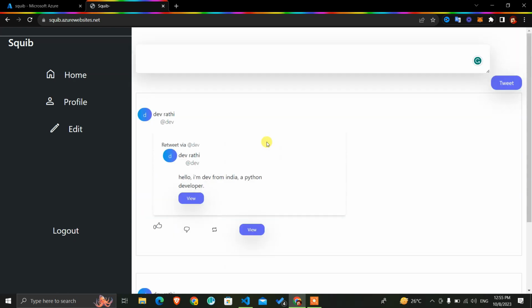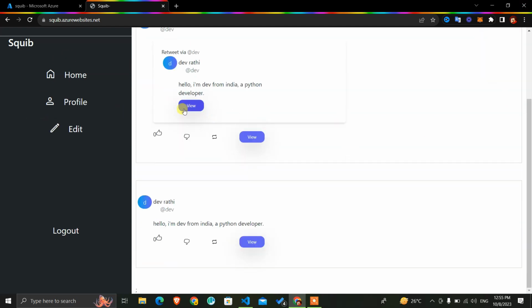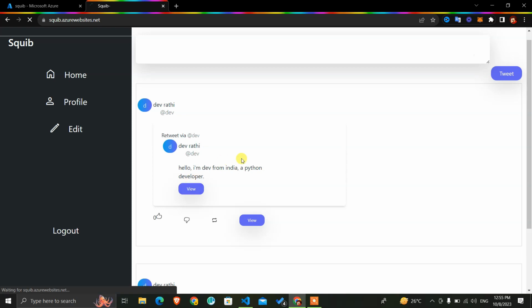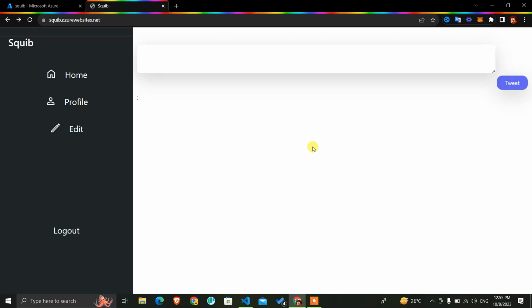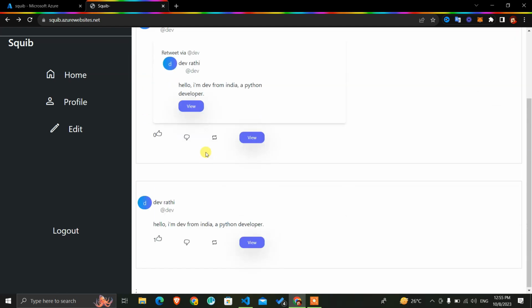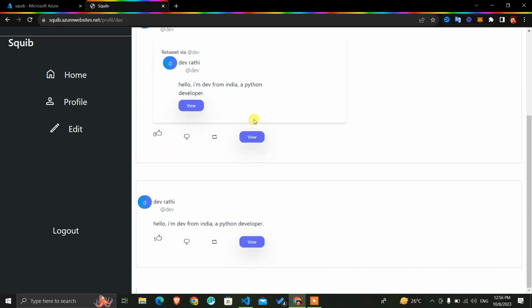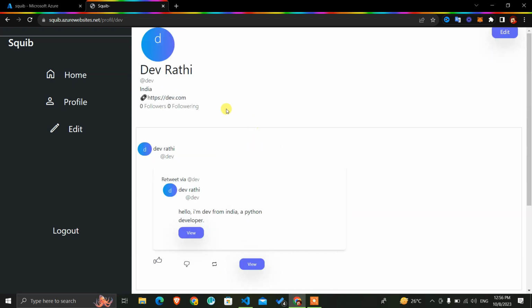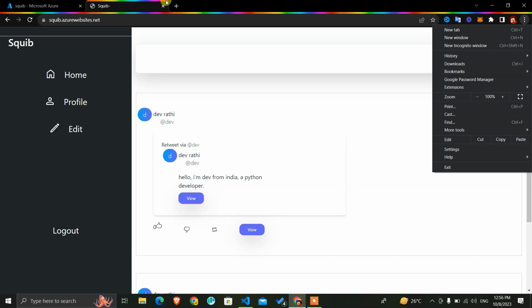Okay, and if you want to see the full view of the tweet, simply click on the view button. And now, okay, back. And if I show you the profile again, we can see only the user's tweets, our tweets. Okay, but there's no other user, so